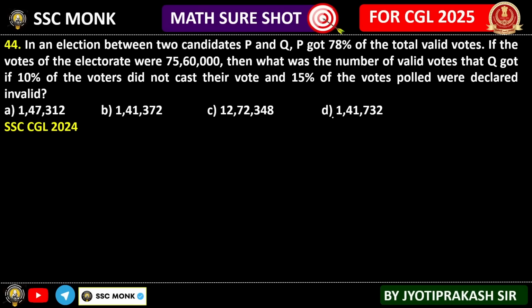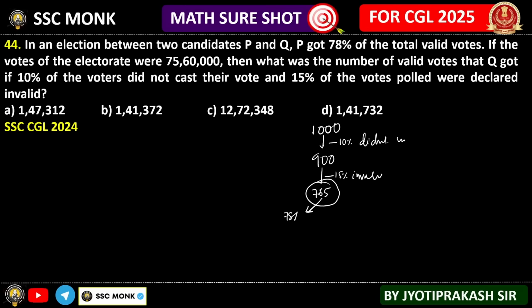So what happened? Let's say 100 was the number of votes. Out of 100, 10% didn't vote, so 90 people voted. Out of 90, 15% votes are invalid. So let's say 1000 for the sake of calculation, 900 voted. 15% gone means 135 gone, so that is equal to 765. So out of a total of 765 votes,